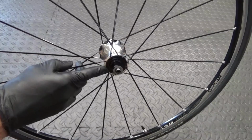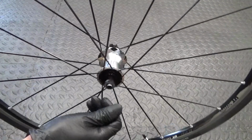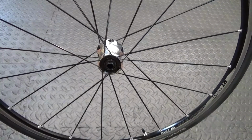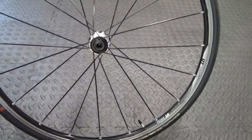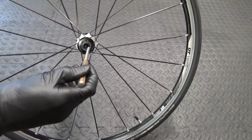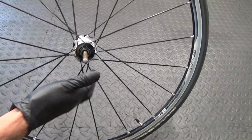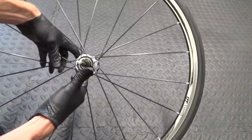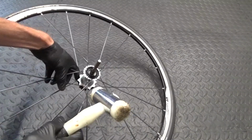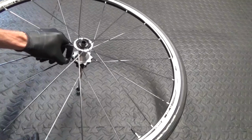So another way you've got of removing it is if you can remove the non-drive side end cap. So sometimes they come off easier to pull off than the other side, the drive side. So if you remove that, and then when you've got a quick release end cap, if you put a punch down through the axle like that, it goes through and effectively rests on the cap on the drive side. So if you put that like that, then you get a rubber mallet and hit that down through. As you see, the end cap